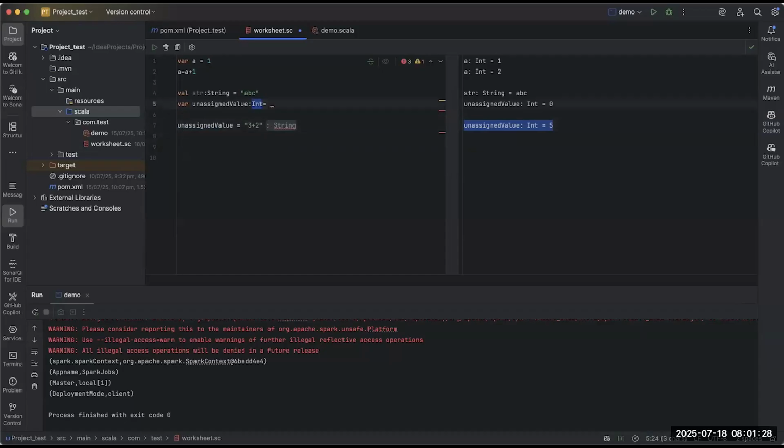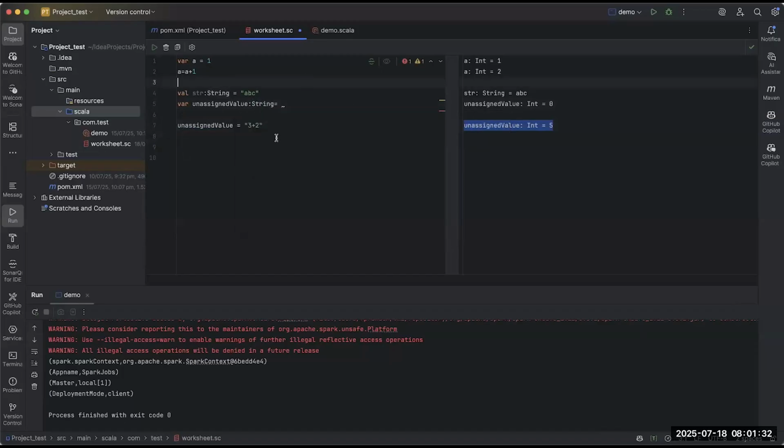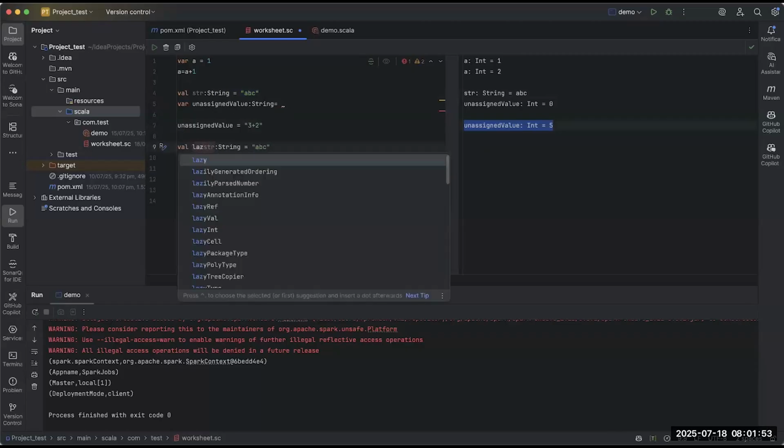And if I make it a string, we go. Now about lazy evaluation, let's just look at it. Val string, let me give it a new name, lazy str.